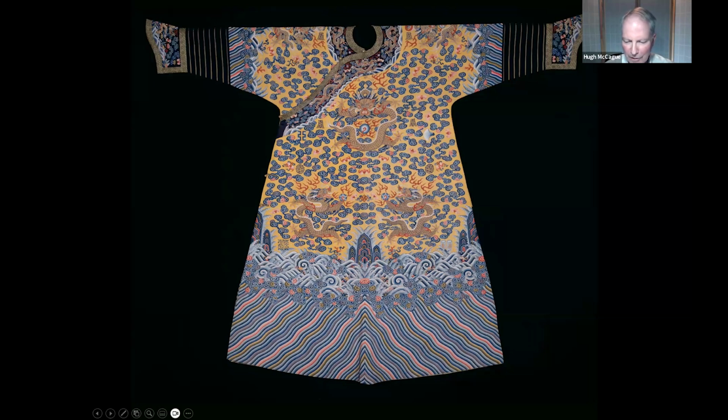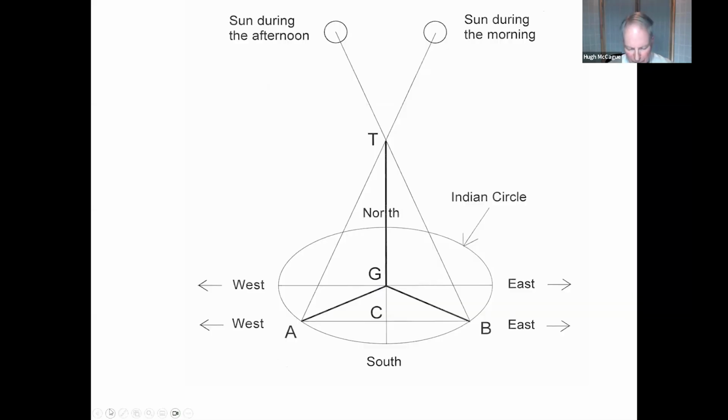Now, following the inspiration of the Emperor's robe, the Divine Sovereign's robe, we'll consider now another application of the cosmic axis. You'll see before you a diagram illustrating what would have been the most common method from the medieval and ancient period, determining the east-west axis, north-south and meridian.